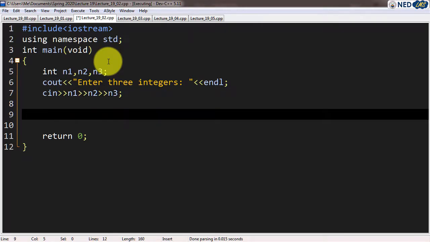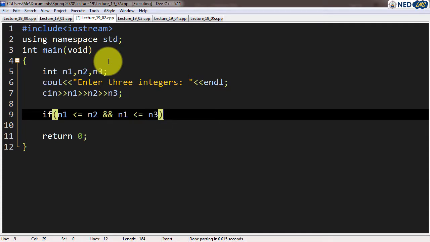Now this is important, just pay attention over here. I'm going to write the compound condition. I need to find the minimum of 3 numbers, right? So if n1 is less than or equal to n2, and watch out, I'm going to write && n1 is less than or equal to n3. To make it more readable, I'm going to put some spaces. Take a look at this condition: if n1 is less than or equal to n2 and n1 is less than or equal to n3, that means that